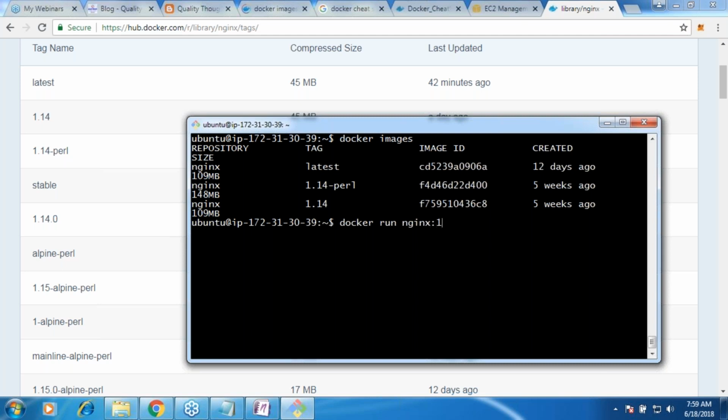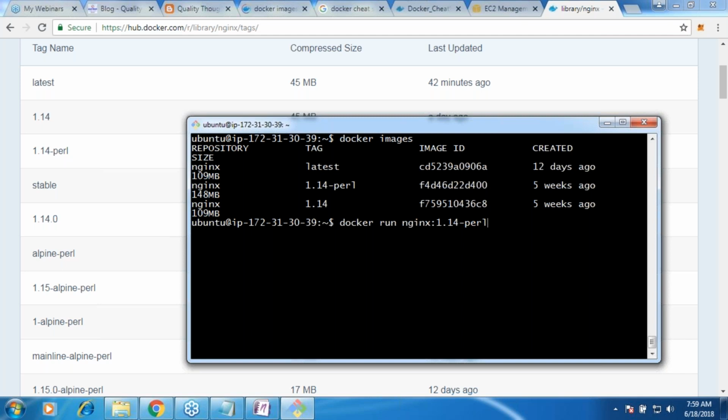Colon 1.14 hyphen perl. Whenever you are not using a colon, the Docker engine will add colon latest to it. So all this time, whenever we ran docker run hello-world, we were using docker run hello-world colon latest. Docker run Jenkins was docker run Jenkins colon latest. An image with the latest tag is the active product, or your current stable release. For all the others, you will have versions.